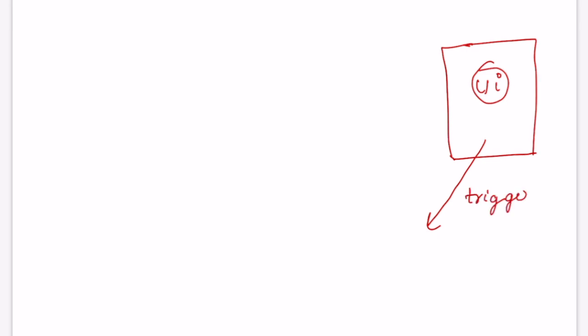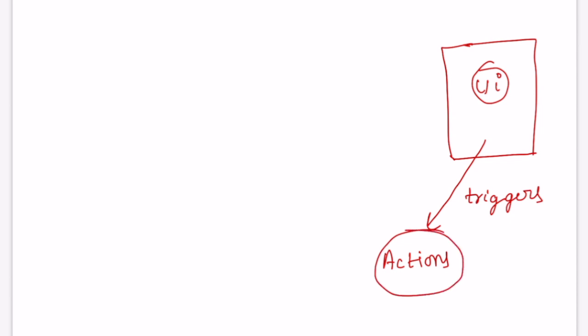So the very first important thing is to understand the flow of Redux. So here we have the UI. Okay, this is your mobile app, or you can consider this a web app. So overall this is the UI. Okay, so from the UI something we will trigger. What we will trigger? We will trigger an action.